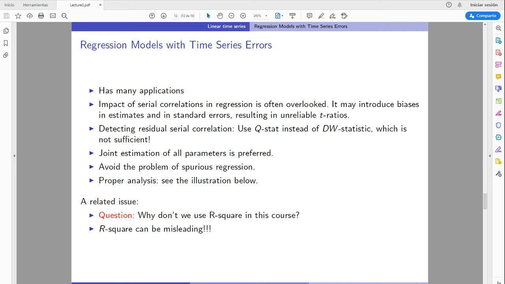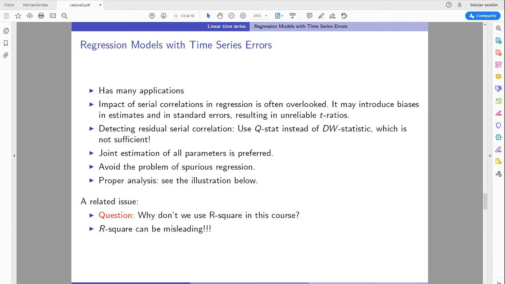The motivation is mainly that serial correlations generally have a big impact in regression, but that impact is often overlooked. It can introduce biases in estimates and bias in standard errors, so when we test the t ratios, they might look reasonable but be unrealistic. They might not be what the data are actually telling us, because serial correlations are playing a role here. To test serial correlation between those residuals, we'll use the Q-stat instead